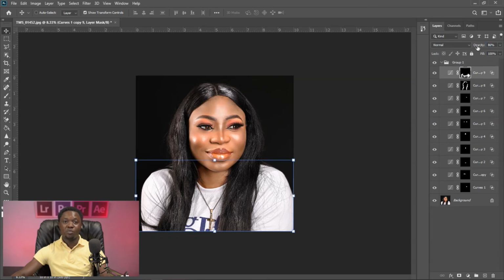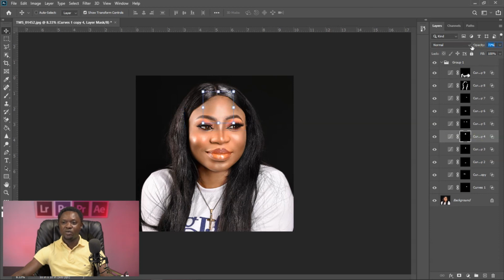If you don't want it much, you can reduce the opacity. Then the hair, if you don't want it that much, you can reduce the opacity. Then if you check the right cheek, you can reduce the opacity if you want. So we'll have it as 50%. Then the other side, we'll have the lip. We can reduce the lip if you wish. Then the two sides of the eyes, you can reduce the top, and you check the forehead, you can reduce